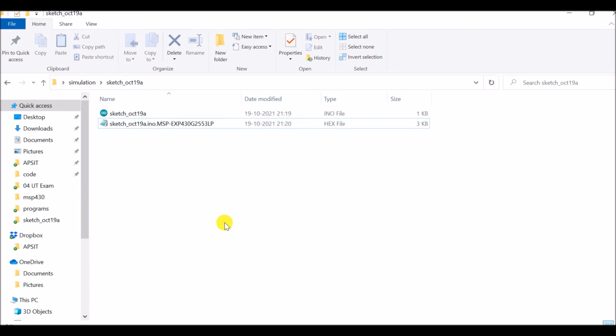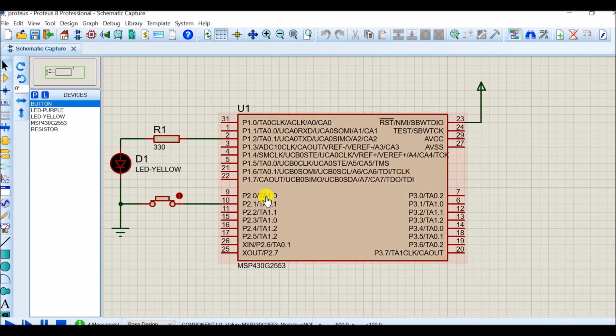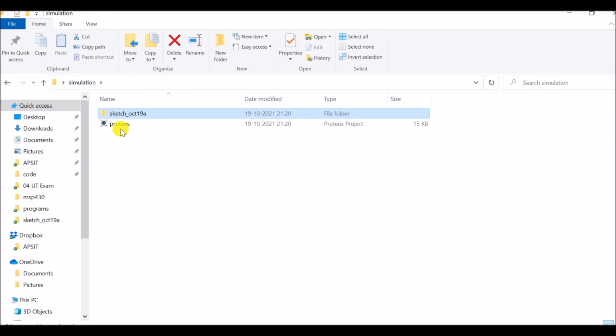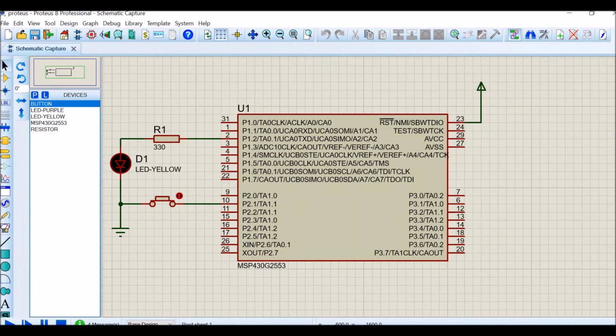So now I will go to Proteus. This is my Proteus file. I have stored this file in the same folder. The name of the folder was simulation. I can show it here. This is my Proteus file. Now I will open Proteus.